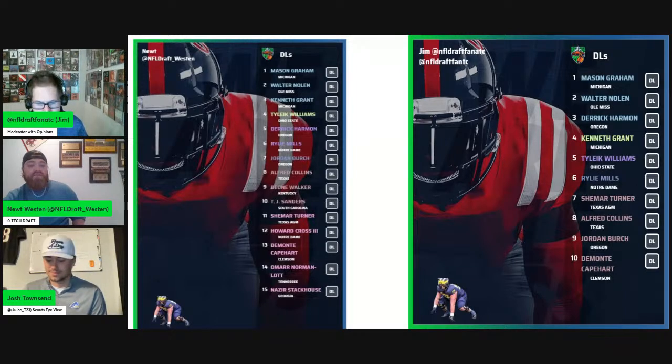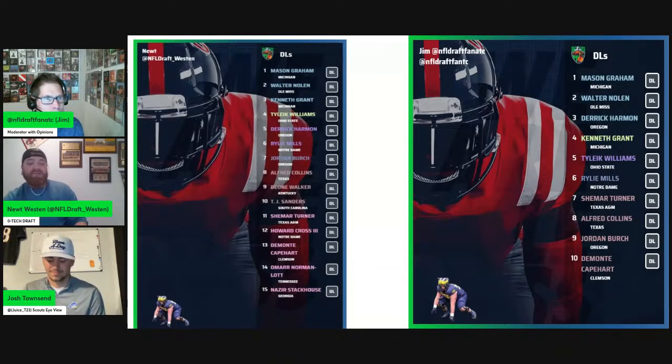Right now, for me, what I've seen from Kenneth Grant, and I want to point this out, I don't think Nolen is not a 3-down defensive tackle, but I think Kenneth Grant does it a little bit better. I think Kenneth Grant's tools in pass rush are a little bit more refined. I think Nolen has more. I shared a clip on Twitter of Nolen hitting the swim, rip counter, spin move, and it was nuts against LSU. One of the coolest sequences of moves that I've ever seen that really, really worked well. That was one instance, and if you can start to put that together, yeah.